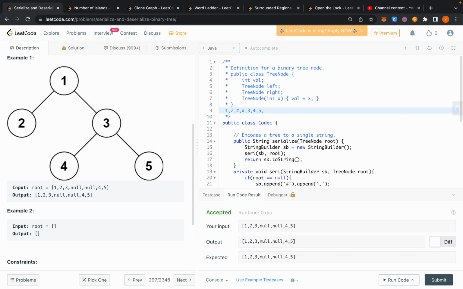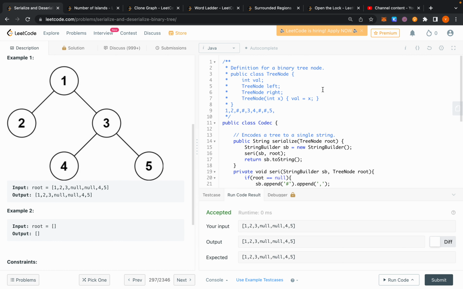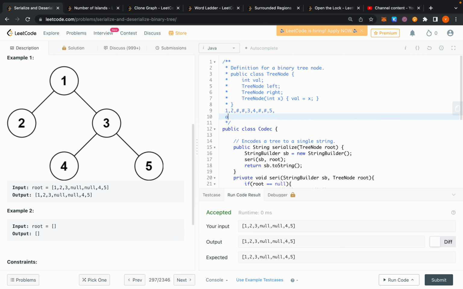And maybe one more hash key before 5, comma. That's it. After we do this split step, what we will get is an array equal to 1,